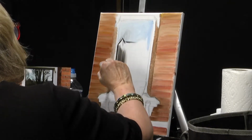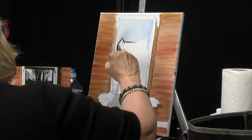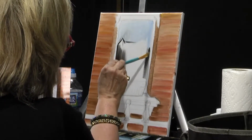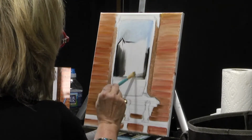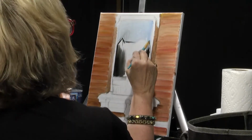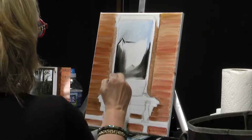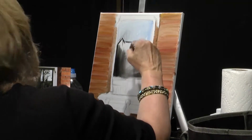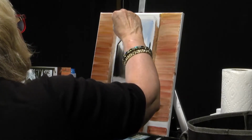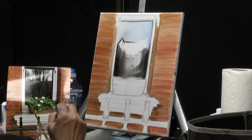Make sure your brush is sharp. If you have to go buy more, go buy more. But your tools when you paint are the most important thing. Really and truly, you can buy a pack of new brushes at most art stores for $3 or $4. You don't have to get top of the line, especially if you paint as much as I do. You go through some brushes, and if you start buying top of the line all the time, it's going to get expensive. If I can't clean it adequately, I throw them out and go buy more,